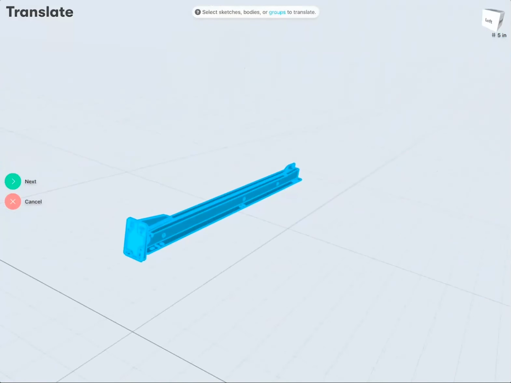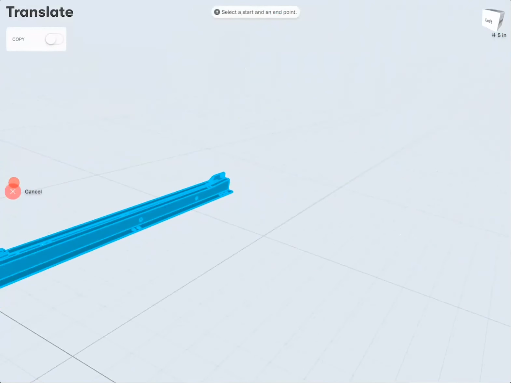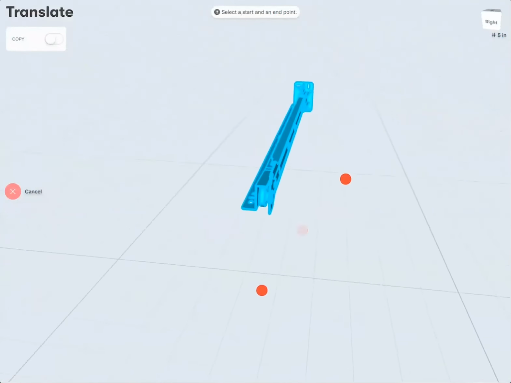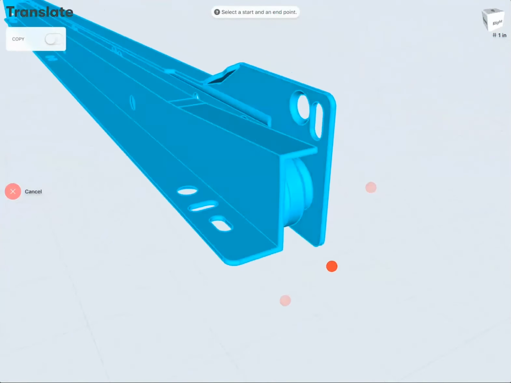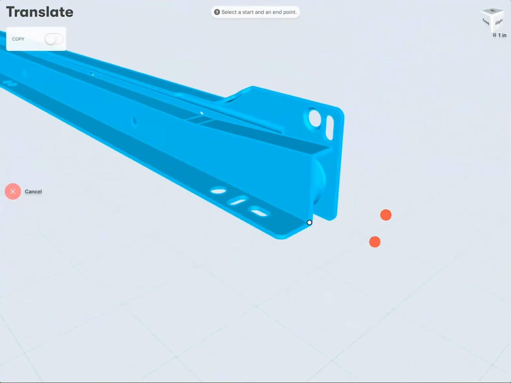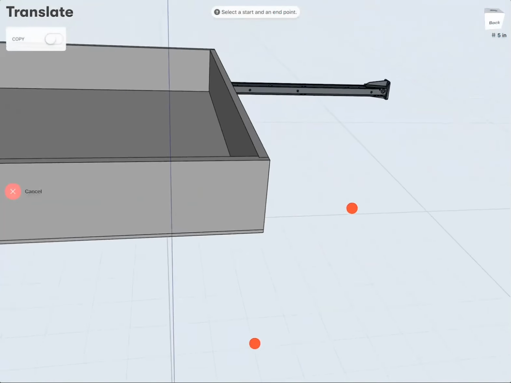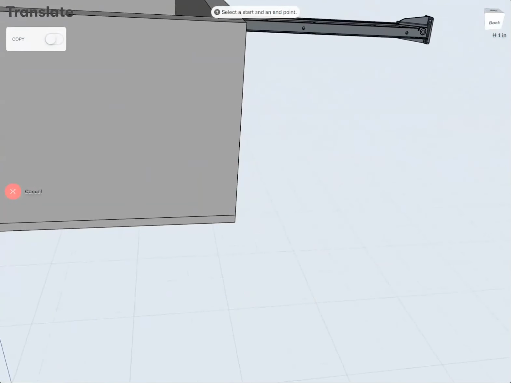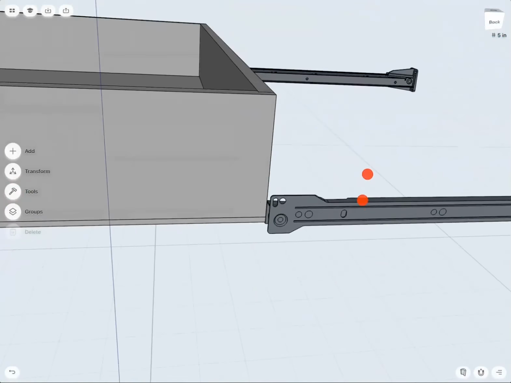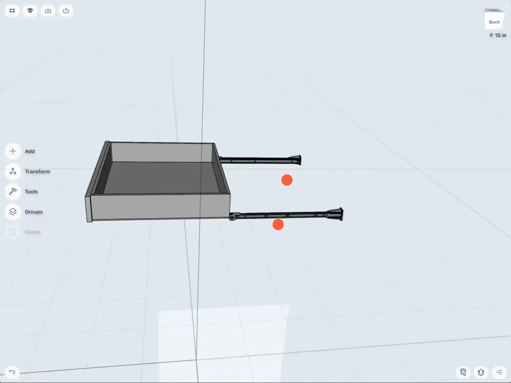And then click next. I'm going to do exactly the same step. So we pick this corner and snap it or translate it to this corner. Select done. And they're both perfectly positioned. So because both glides are inside the same group, now I could go to transform, move,